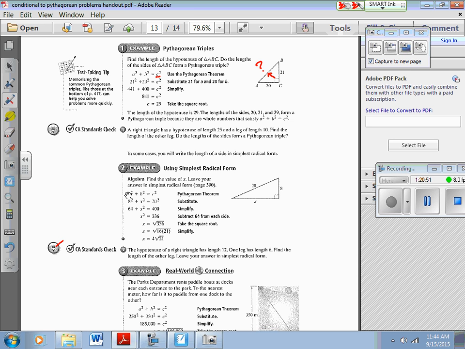You don't know what it is. The other 2 can go for A or B. Doesn't matter which one you plug in. So when you read this example, it's really important that you understand C always has to be opposite the 90. Notice I put a question mark. It's because I don't know what that side measures. When I solve for C, everybody see this part right here where it says 841 is equal to C squared? To get from that to this answer,